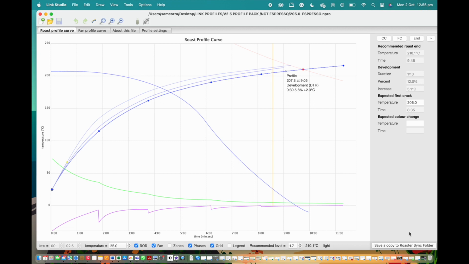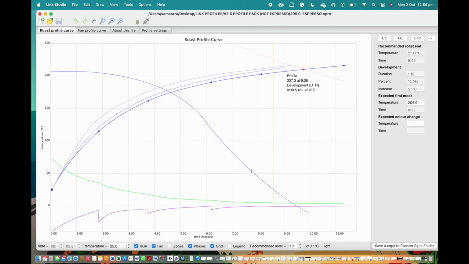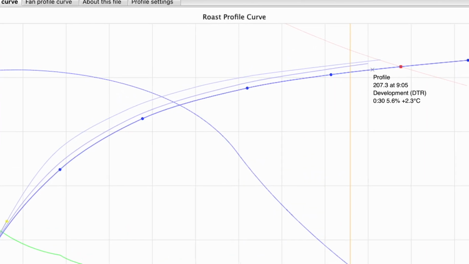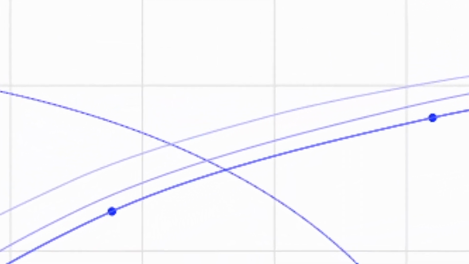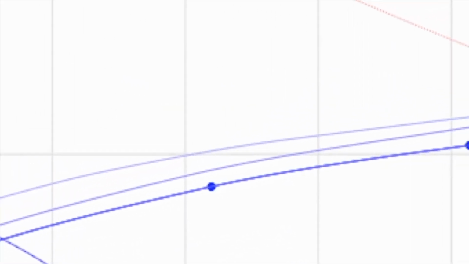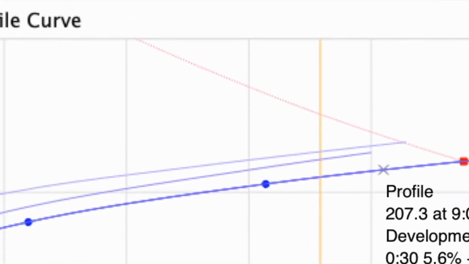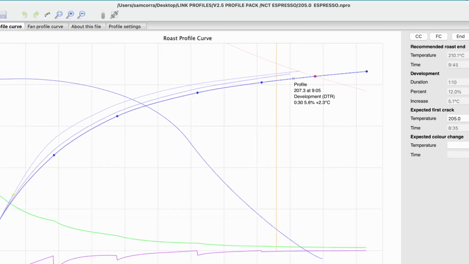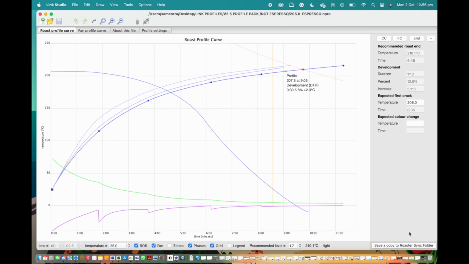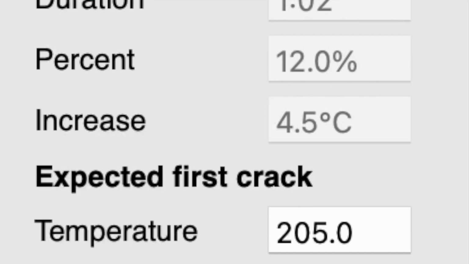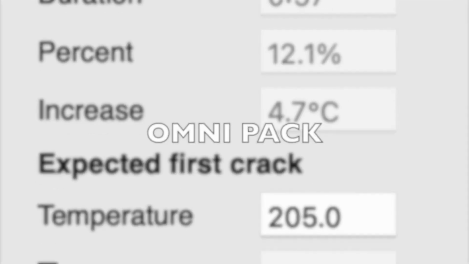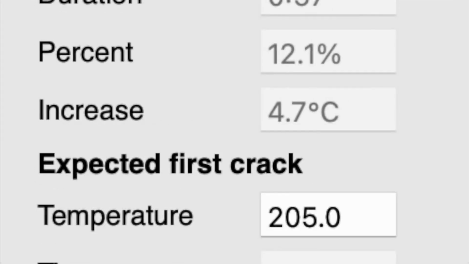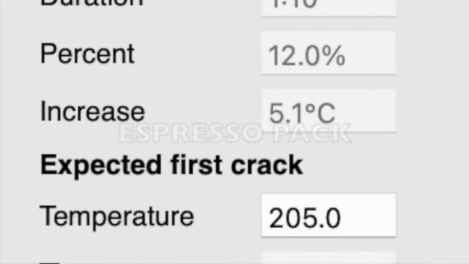Let's now move on to the last aspect of the curve shape we want to discuss. This is the downward momentum angle of heat transfer once the dry phase has been completed. You will notice this from the midpoint all the way to the end of the roast. This lower heat arc is to make sure that the minimum ROR allows the roast degree to be manageable in true Omni style, so that it will sit slightly higher than what can be expected on the filter pack, but softer and more mellow than the approach of the increased target for the espresso pack.